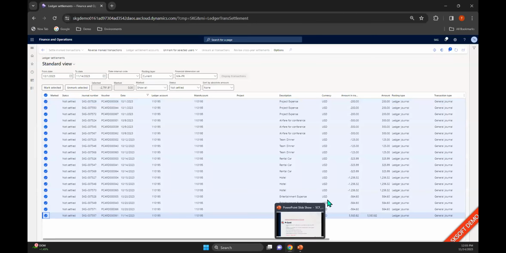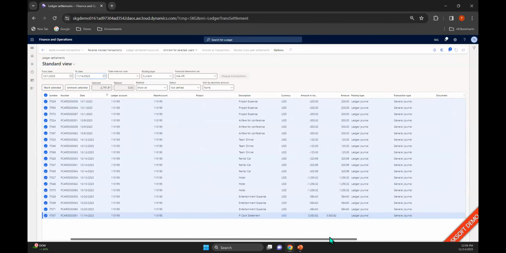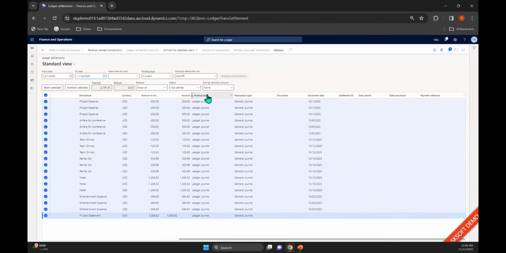Now you can filter by date, which is probably normally what you would do, because let's say your bank statement runs to the 14th of each month, it's going to have transactions probably from the 13th of the prior month to the 14th of that month. So you can filter by your date, and you can also use some of these filters here. One of my customers that is doing this is putting the statement date in as the document date. So we're going to use that document date to reconcile off using the ledger settlement.